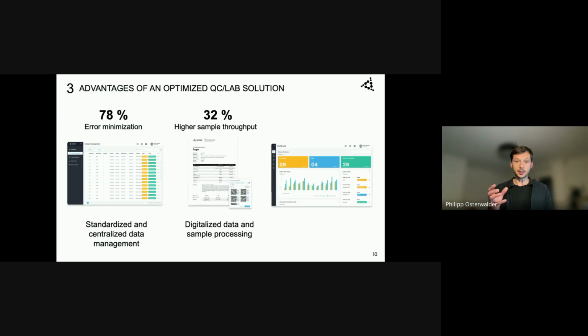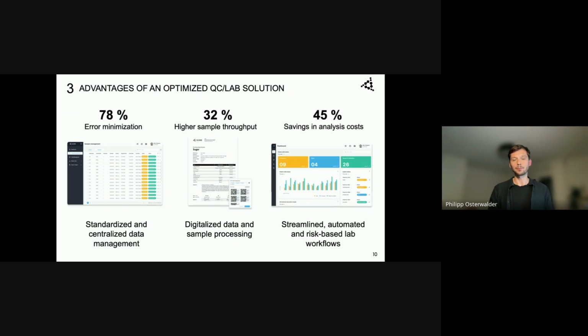There is a chance to increase the sample throughput by about a third. So 33% more samples with the same amount of employees and time by just digitalizing it and automating sample management